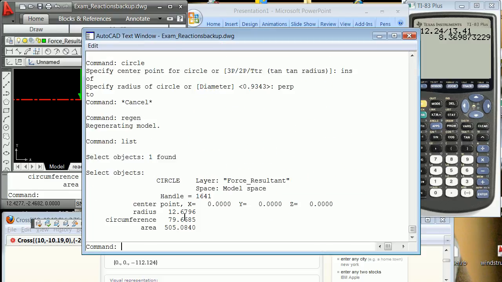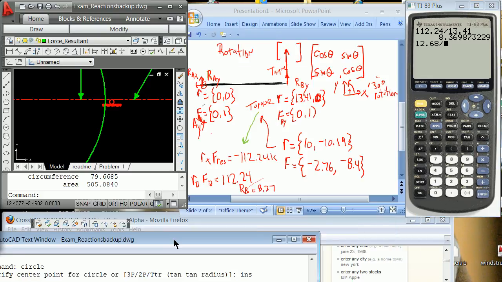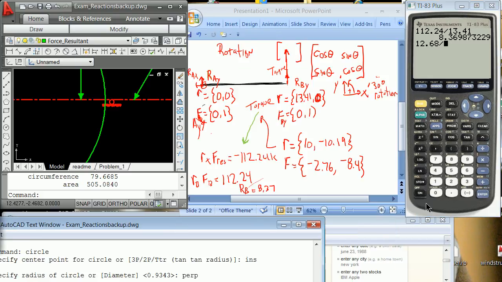it's a ratio 12.6796, and the reaction force is going to be a little bit less because it's farther away. So I can go over here and say 12.7068 divided by the 13.41,